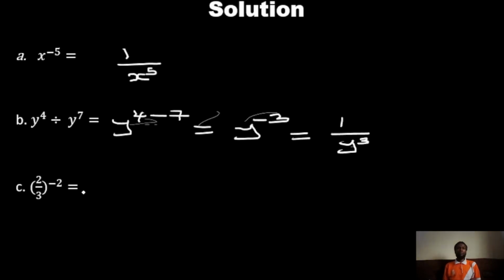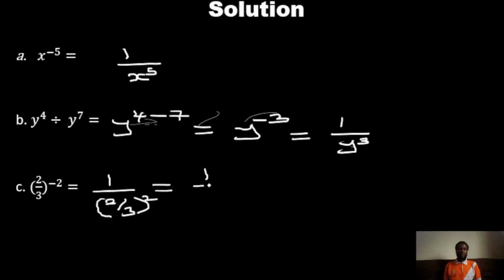Here, the same way, you have 2 over 3 everything raised power of minus 2. I told you you should consider everything you have in this bracket as a single entity, just like x here. So you write it as 1 all over 2 over 3 everything raised power of 2, which gives us